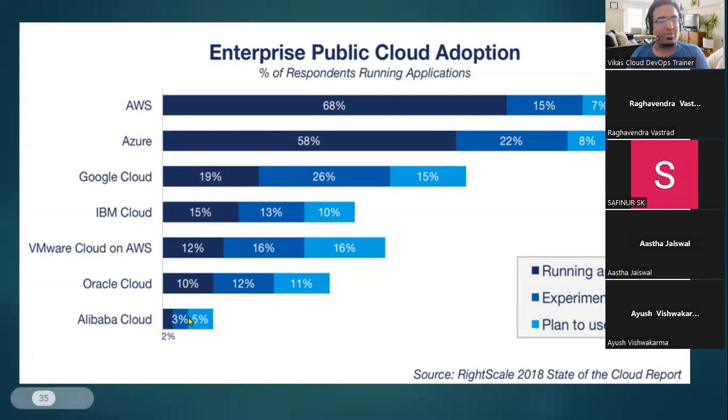IBM and other clouds are also doing their work. Everyone is doing their work, and if someone brings something good, they can come into the list also. So don't ask which cloud is very popular and which one you have to learn. Simple answer: if you know one cloud, you can work in any cloud. Just the names are different. Cool? All good? Yes, sir.